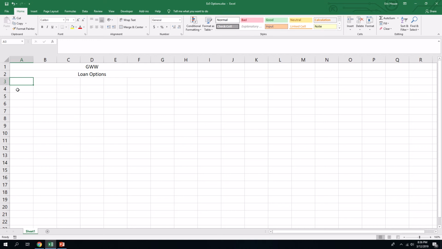Let's go down to A4. Make sure you leave A3 blank, because if you're following along with me, for everything to be the same as I have, you have to have everything in the same cell. So in A4, loan source, and I'm just using the sample here on the bottom of page E126 to enter this in. So loan source, loan amount, interest rate, number of payments, monthly payment,